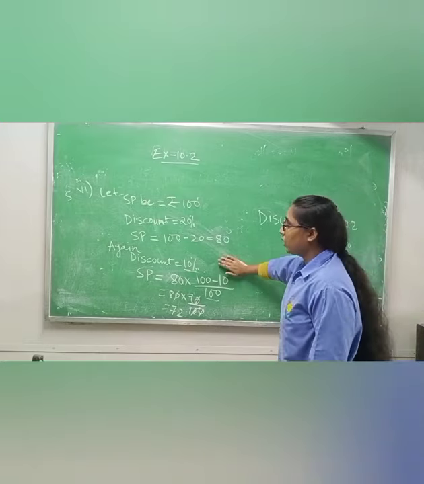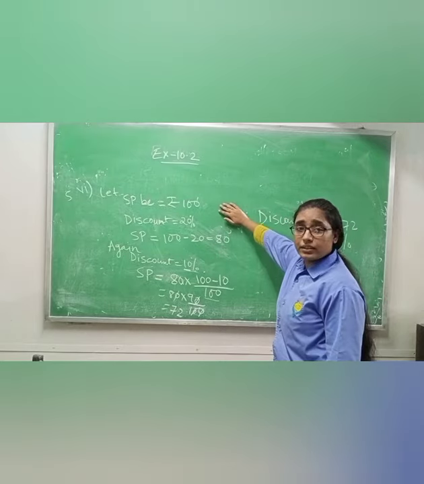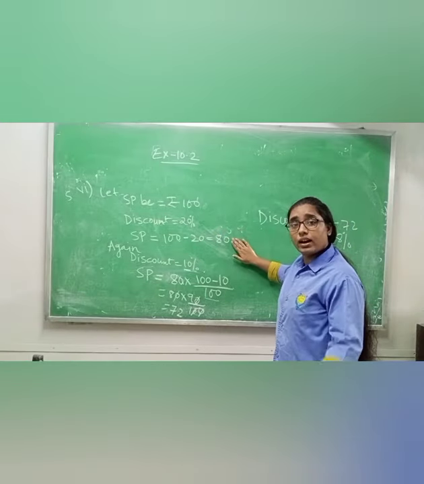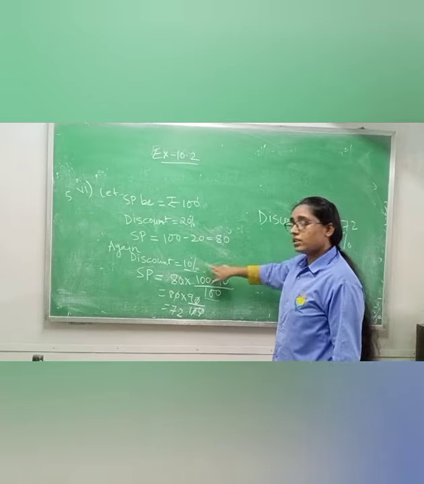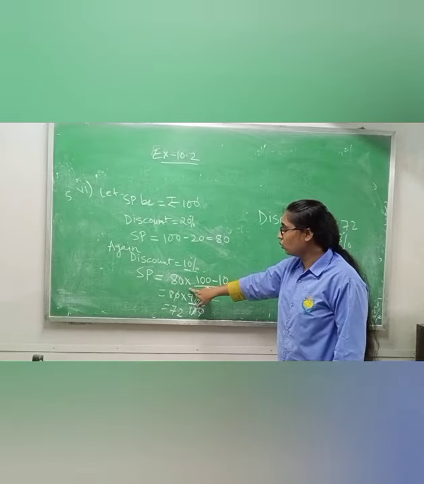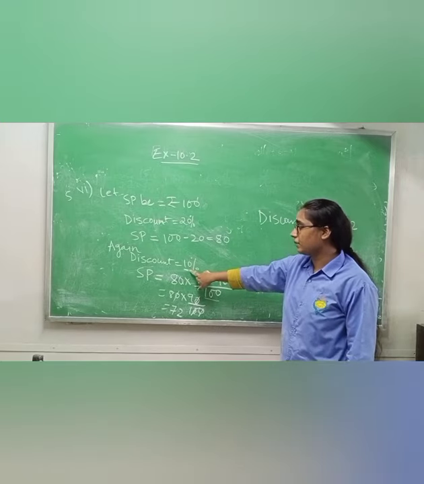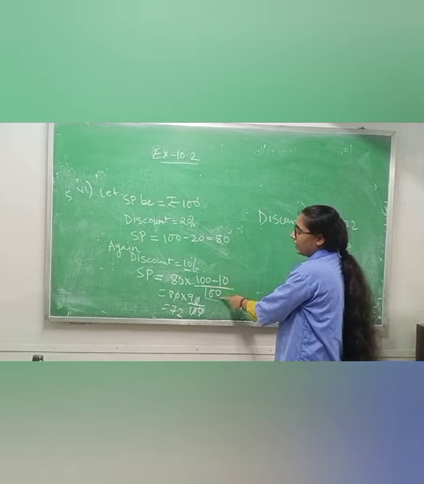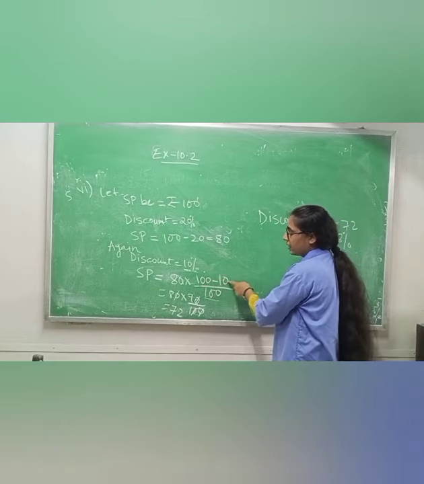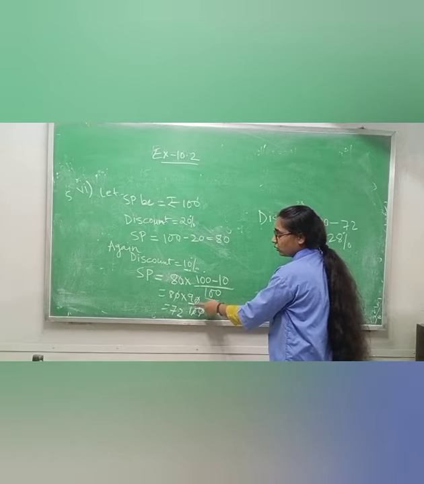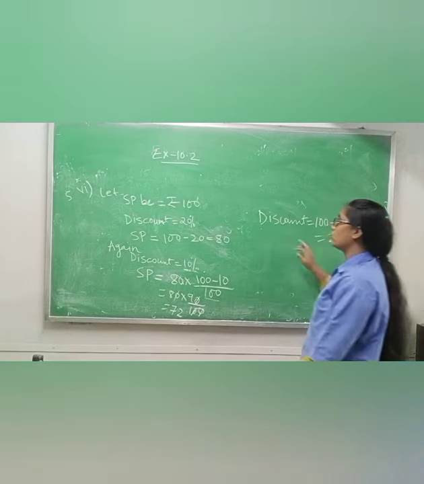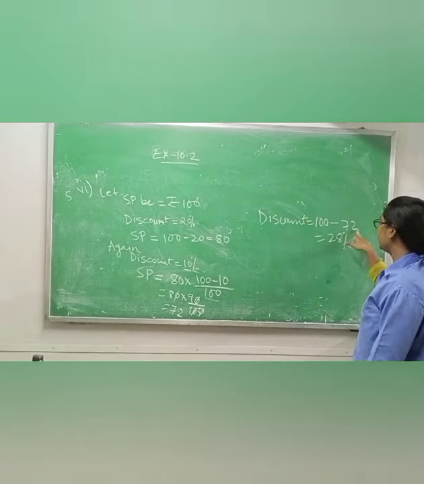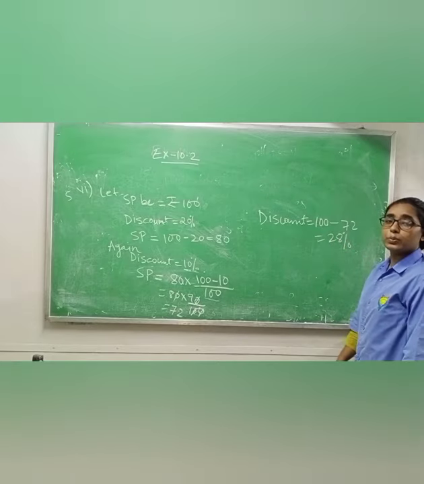Again I am repeating from here. First the selling price is 100, they give a 20% discount, so the selling price is now 80. Now they again give a 10% discount, so I write 80 into 100 minus 10, because they are giving the 10% discount on this price. 10 by 100 is to remove the percentage sign. 100 minus 10 is 90 by 100. Now the zero will cancel. 72% is the total selling price. So the discount is 100 minus 72, which means the equivalent discount is rupees 28.